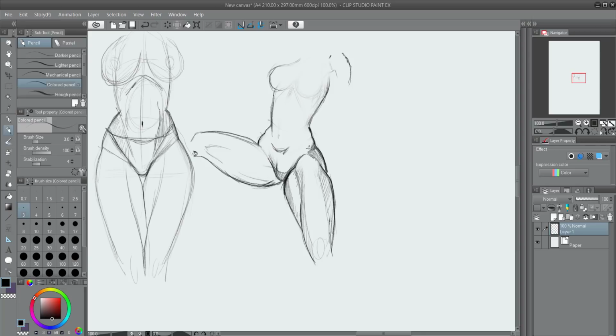Then you'd have a highlight on the hip bone, probably another highlight here on the love handle, and then the rib cage coming around like that. I'd probably make it a little bit bigger actually because we're seeing it from the side view. But anyway, you get the idea.